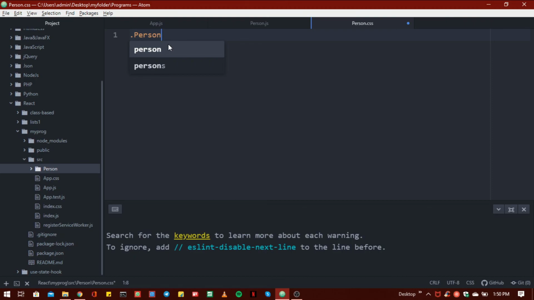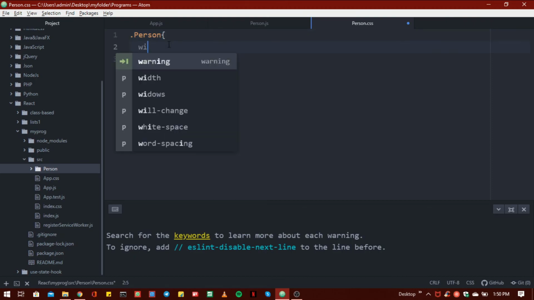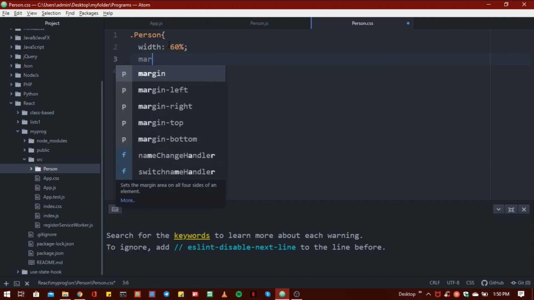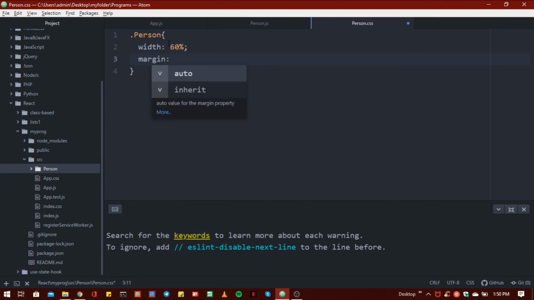Now save this, and here I want to add a class person, and inside that width is like 60%, then margin is 16 pixel, but this is auto.